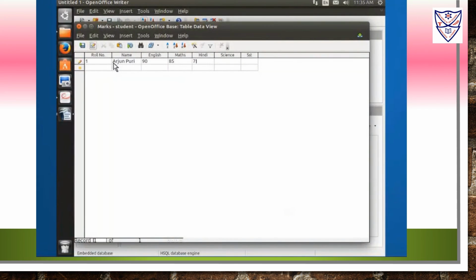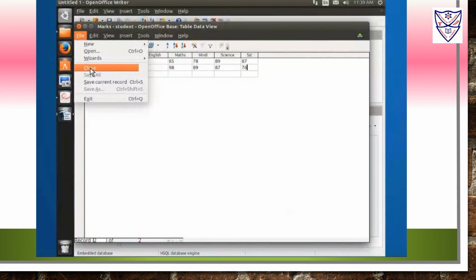Continue in the same way to complete the record information in that row. Add more records as needed in the blank rows, which are added automatically after the completion of previous record. Use File Close option to close Table Data View.